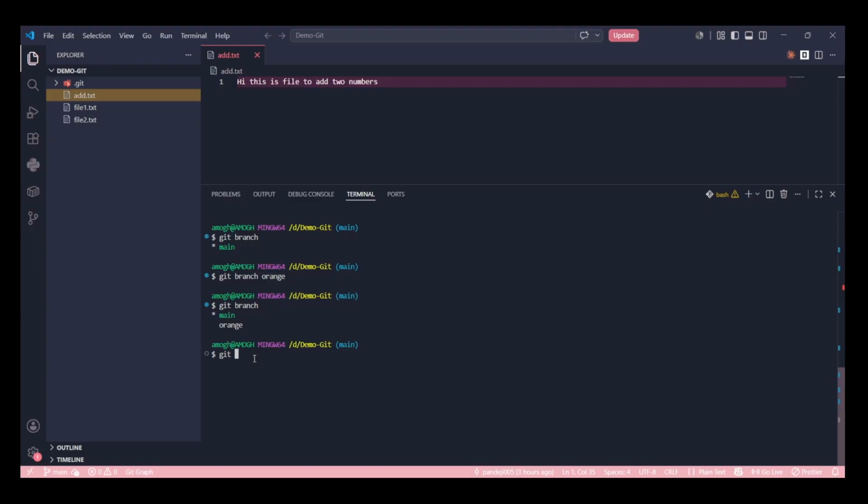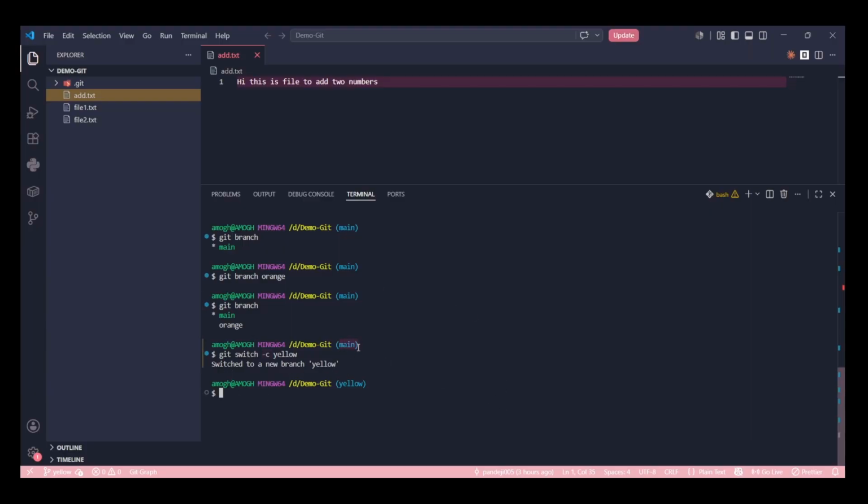Now there is another command called git switch. Git switch -c creates a new branch. We'll create a new branch called yellow. The switch command checks whether a branch named yellow is already present, and if not, -c says create a new branch called yellow and switch to it.